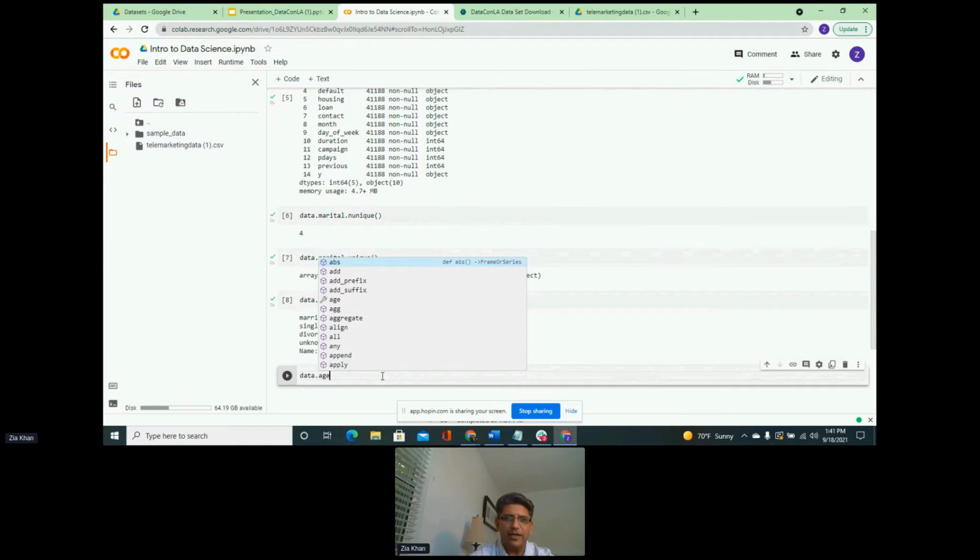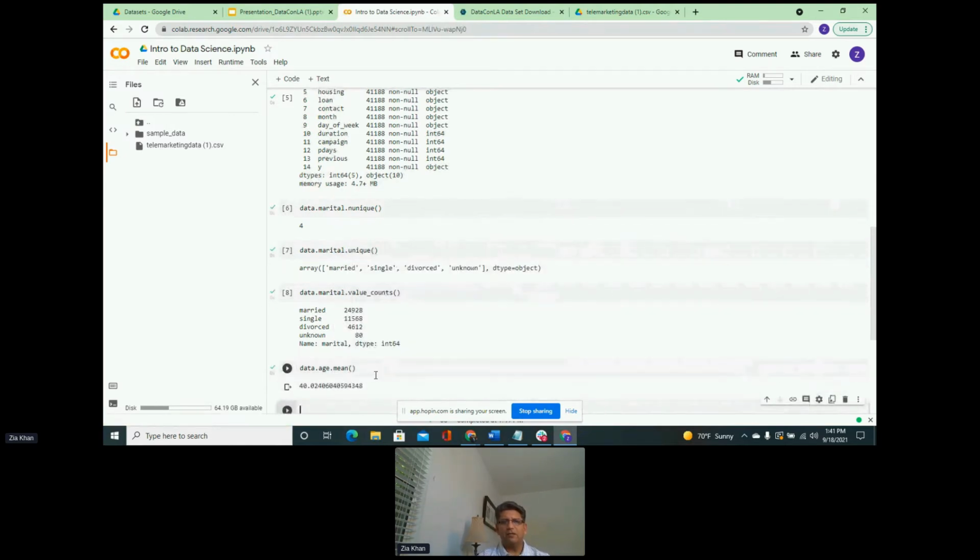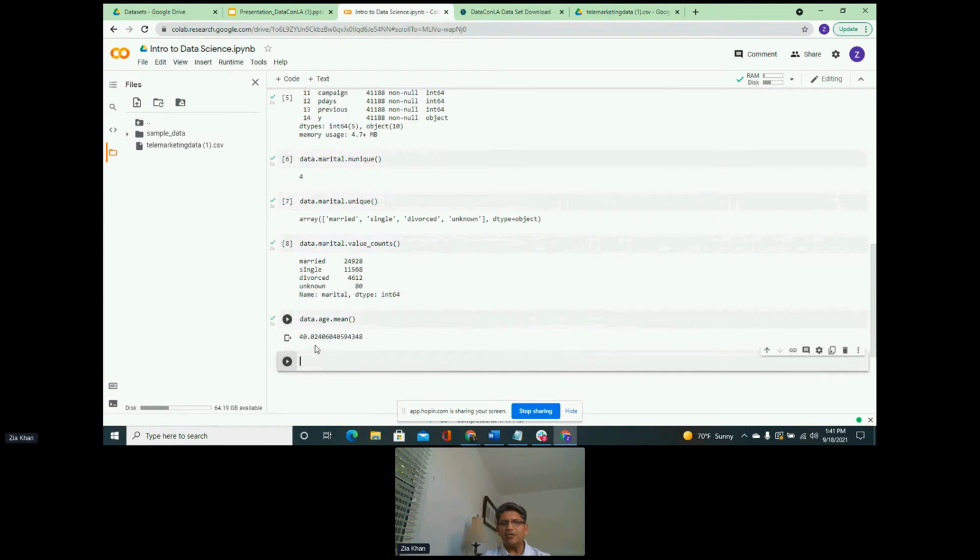So again, the feature is age. So we go data.age, and then we want to find out the mean. And mean gives us that the average age of the people in this data set is 40 years. So that's the average age.